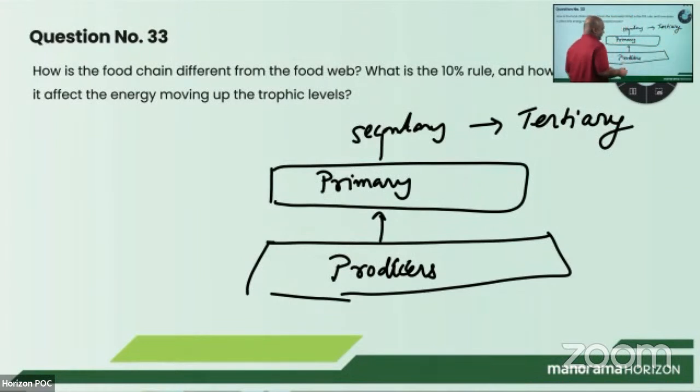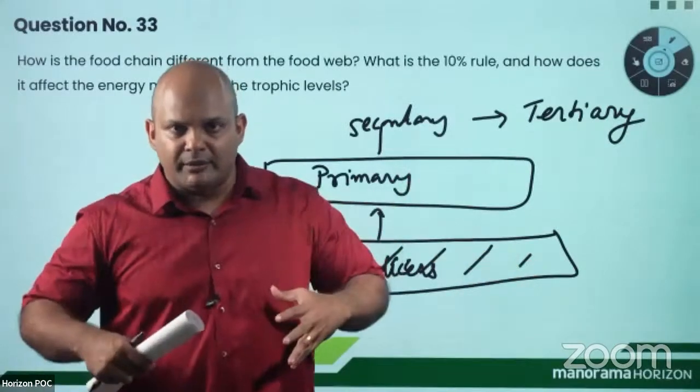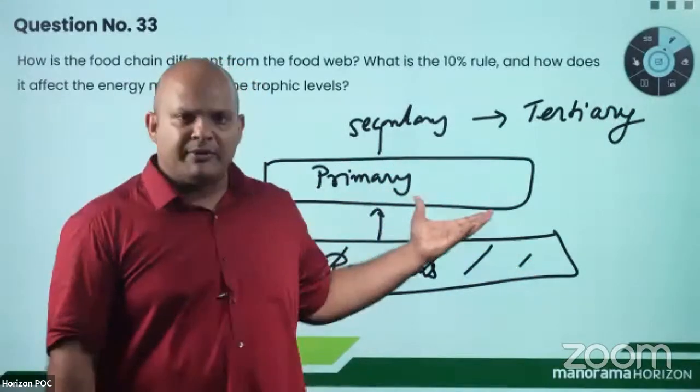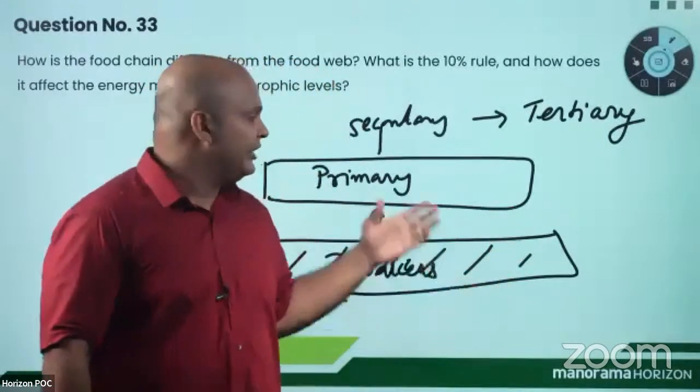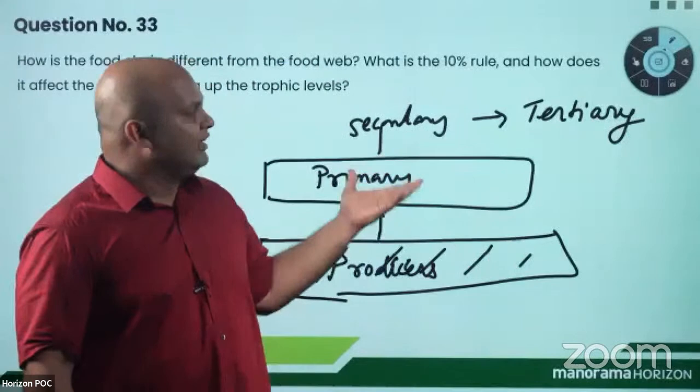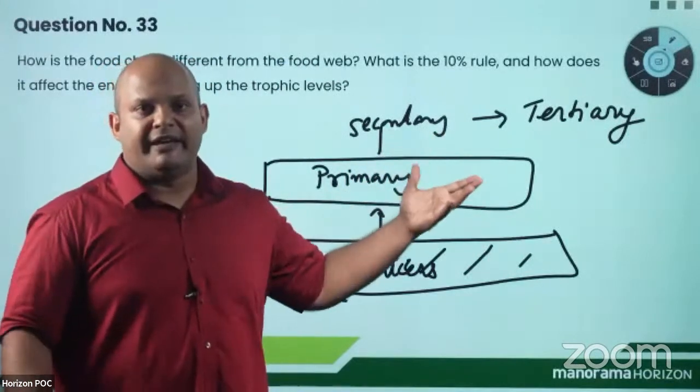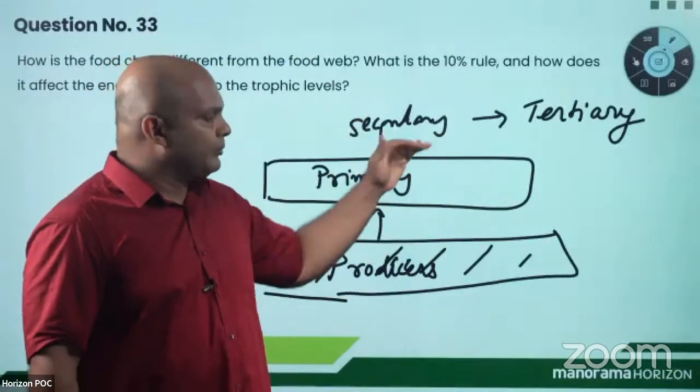Right? So you can say, for example, if you have producers here, like grass, algae, plants, these are the producers. They are getting energy from the sun and they are storing it up. And then other animals, primary consumers like cattle, goats, sheep, etc., are eating the grass. They are primary consumers. Then come the secondary consumers, humans, lions, cats, dogs, all of them are feeding on this